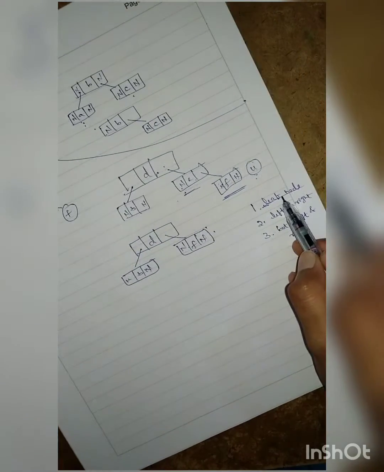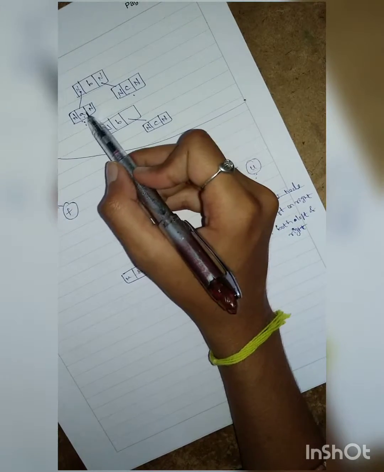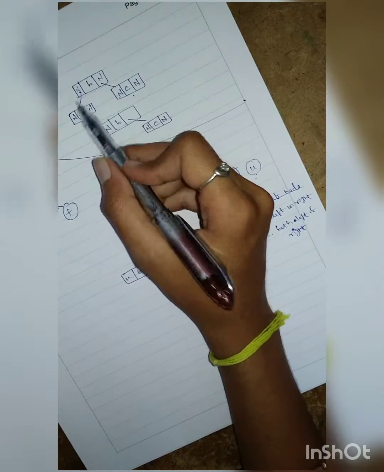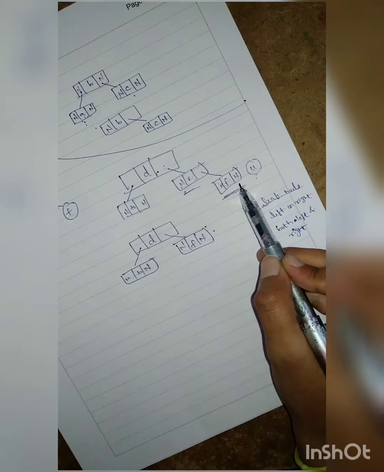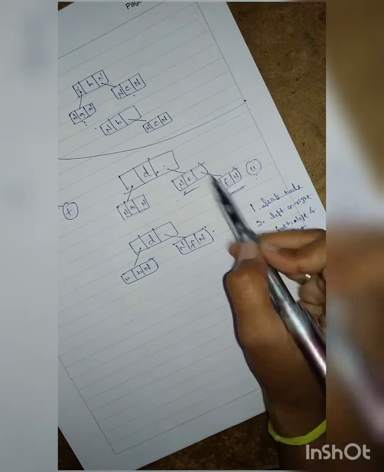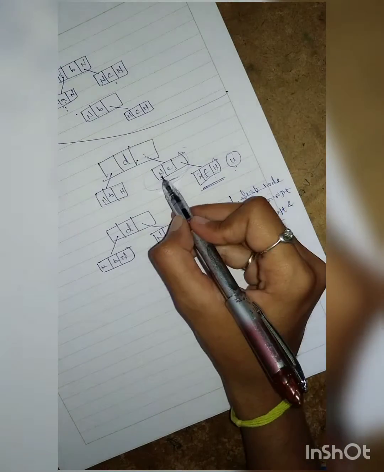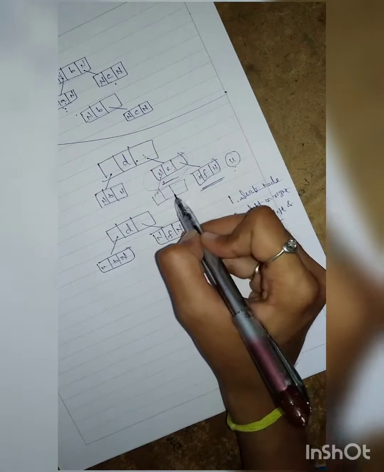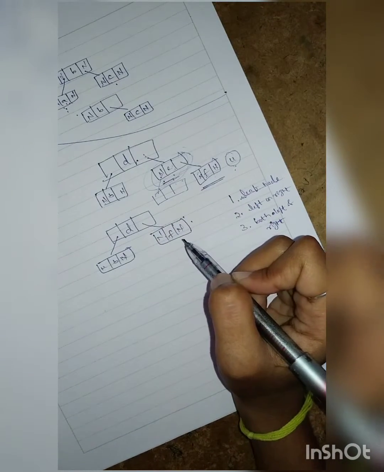Leaf node, we have seen this condition, that is it doesn't have any children. So if it doesn't have any children, we can just make it null. If it has a child, that means it has only a right child, either right or left. This is the second condition, it has a right child. So what we do, we give this address to D on deleting this. So another condition is, if it has both the left and right child. If you want to remove this E, how we do it